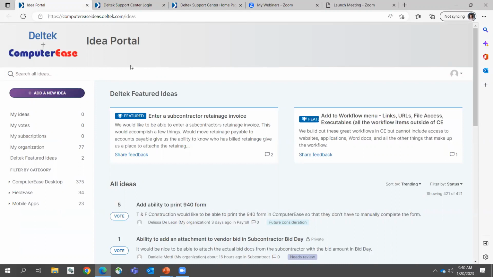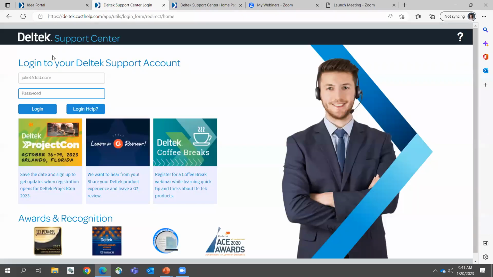Now, this is where you will be able to see, as time goes on, we'll be moving all of the open enhancement requests to what we call our ideas portal. So eventually you're going to see all of the open suggestions, but you guys will have the ability to vote on different things. And this is the product roadmap for TIP. So the more customer desire to see changes happen, the more votes we see on this, that just will bump things up in line. So this is how you can track things that you have submitted and then promote things that you want to see changing. And you will find that,